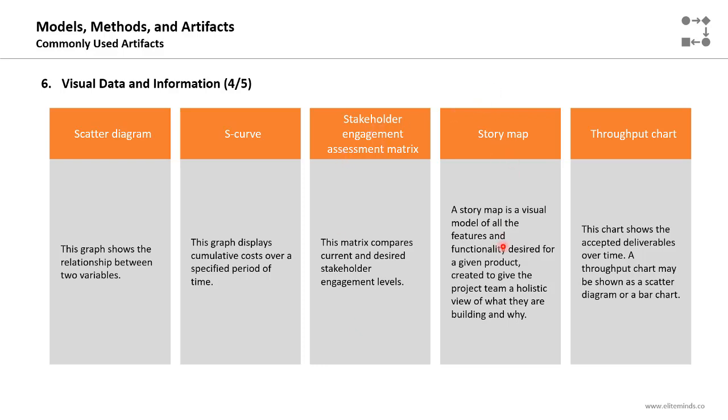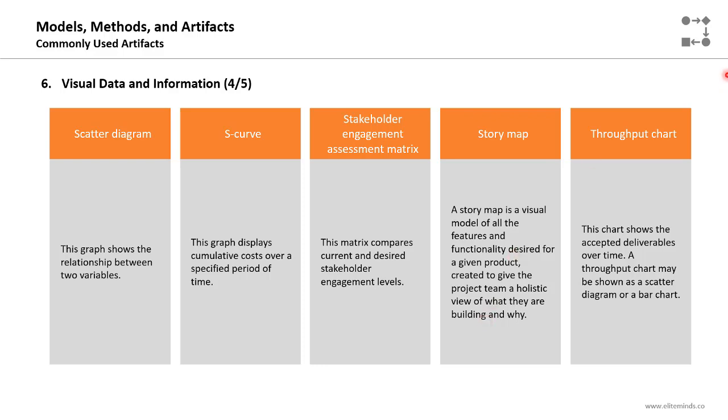The story map, it's a visual model of all the features and functionality desired for a given product, created to give the project team a holistic view of what they are building and why they are building them. So it's a high-level visual model that is used to present all the features and functionality we are planning to build in the final